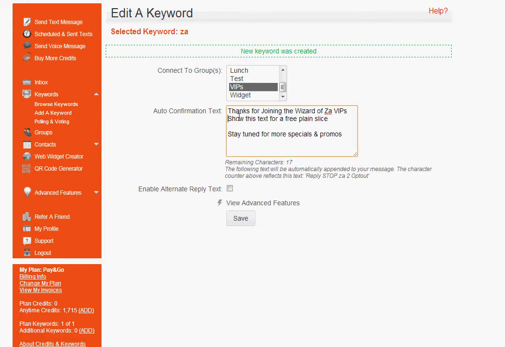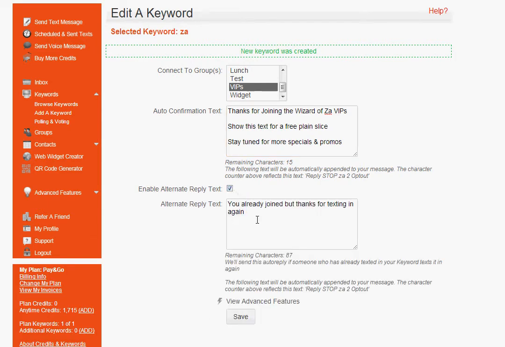So I've composed the message, and if I want to, I can enable an alternate reply text. Now, when I enable this, what's going to happen is that if someone texts in a second time the same keyword, the system will know that they're already in the group that the keyword's connected to, and they'll send them this alternate reply text. Now, you can keep it as it is listed here. You already joined, but thanks for texting in again. Or you can compose your own alternate reply to be sent to people that have already opted in. So I'm going to go ahead and do that now. And once I've composed that alternate reply, I can go ahead and save my changes and my keyword will be